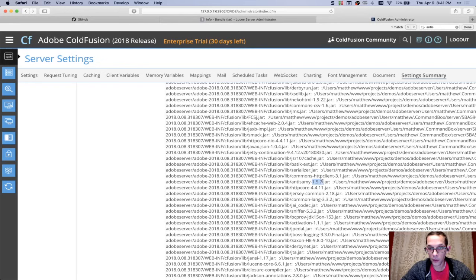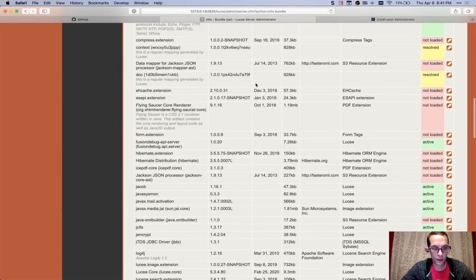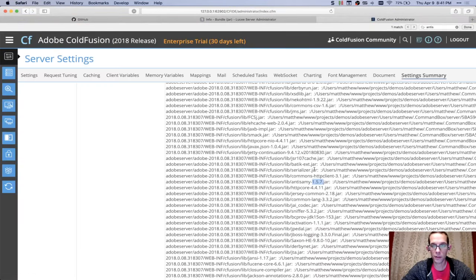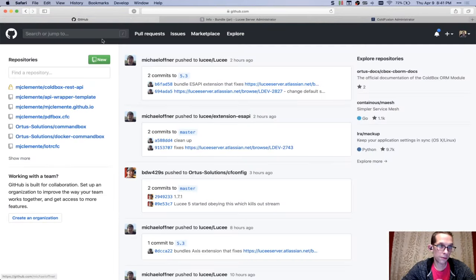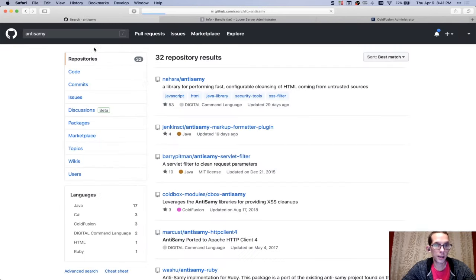Well, at least for Adobe, AntiSamy is 1.5.7. I'm not sure what's bundled with Lucee. I'll have to figure that out, but I know for Adobe it's 1.5.7. Brings me back to GitHub. If we go to AntiSamy,